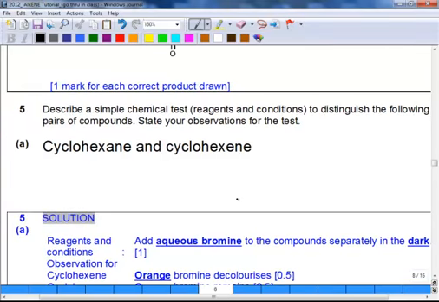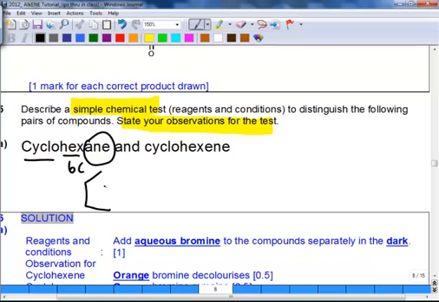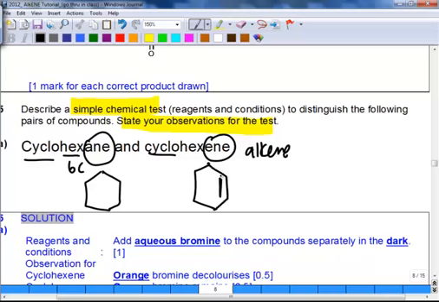Question 5, they say describe a simple chemical test to distinguish the following pairs of compounds. State your observation. Firstly, we have cyclohexane. What is the functional group? Alkane. And it's cyclo and hexane, 6 carbon, so we should have this. Then cyclohexene, alkene. Cyclo means ring. Hexene means 6 carbon, so you got this. So based on this, everybody,